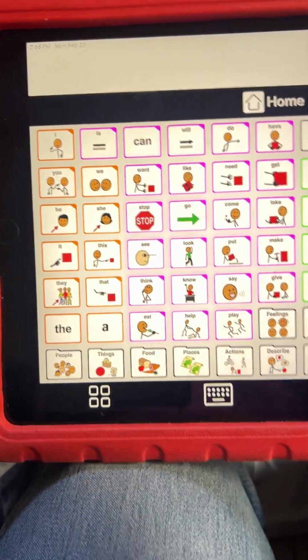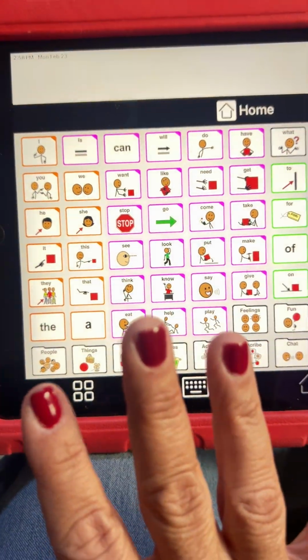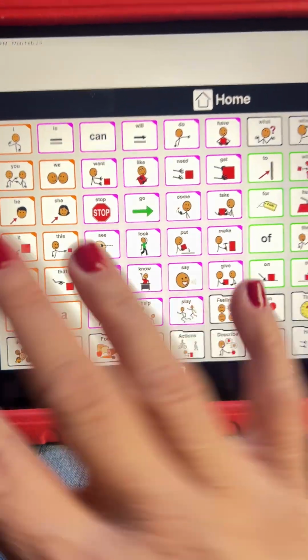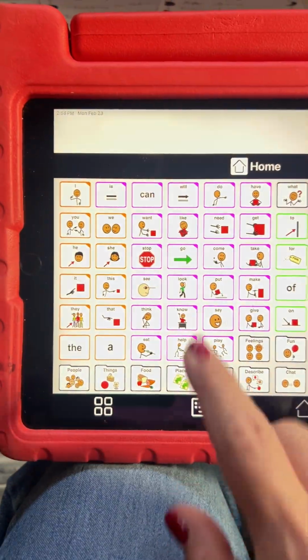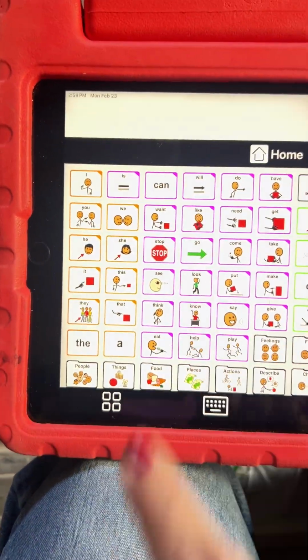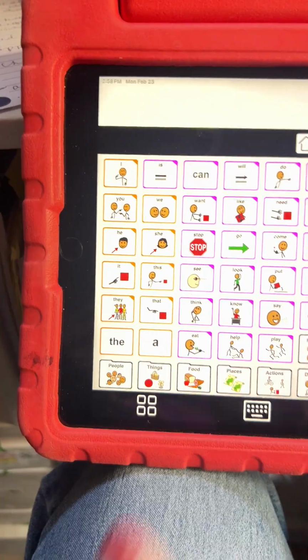Okay, so two motor things that I have really worked on with my client, because this can be a lot, and sometimes my client will point and it gets frustrating because she